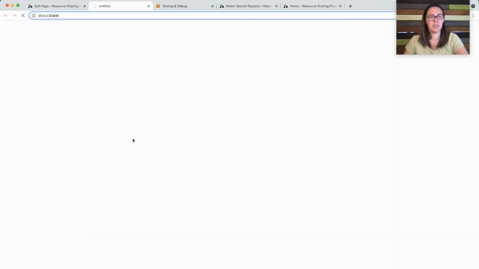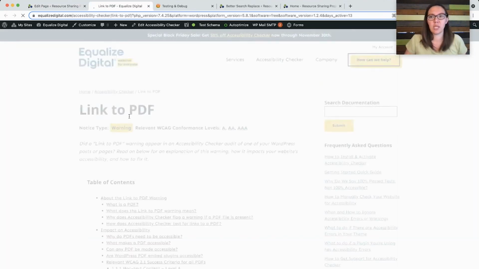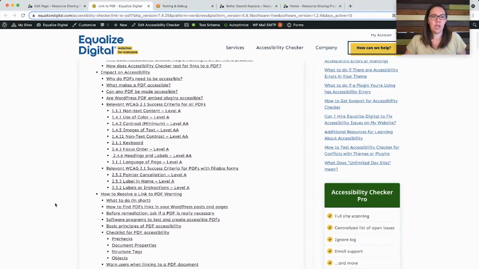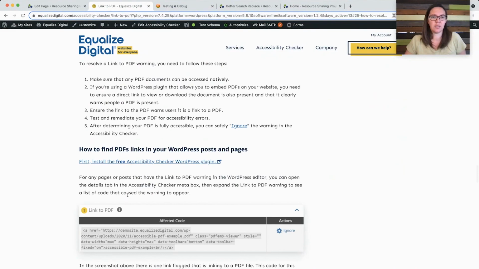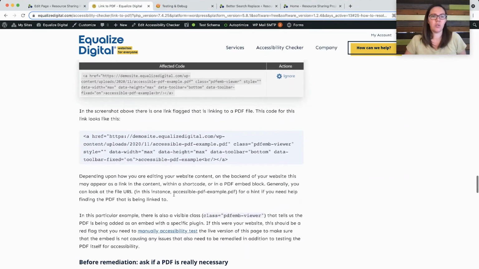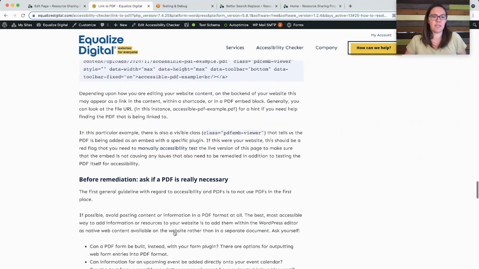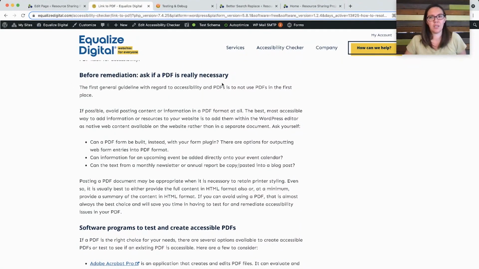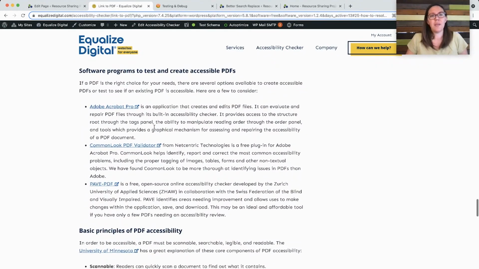If I click the I, I get the documentation on our site. We have a ton of information, so I'm going to click down to how to resolve a link to PDF warning. Basically it's telling you how to find it, but these are our guidelines on PDFs. First of all, is a PDF really necessary? It is way better to use HTML or a page on your website than a PDF. And then we have some guidance on different software programs that you can use